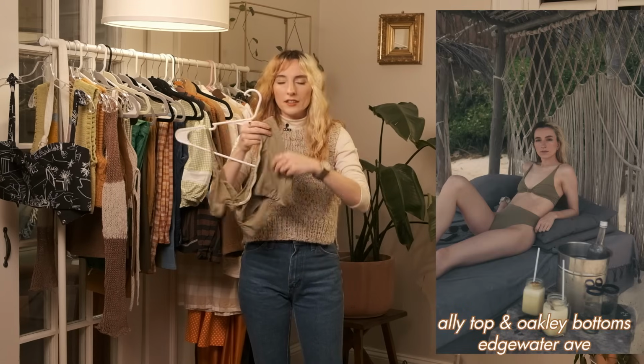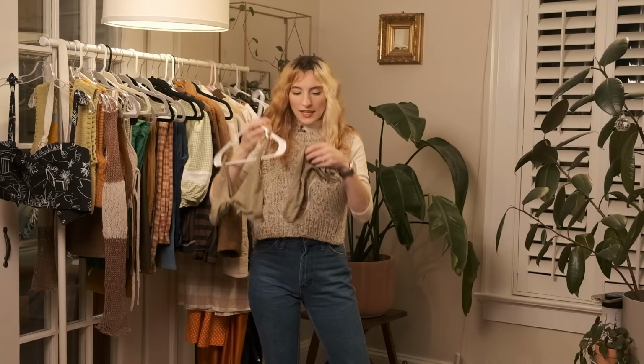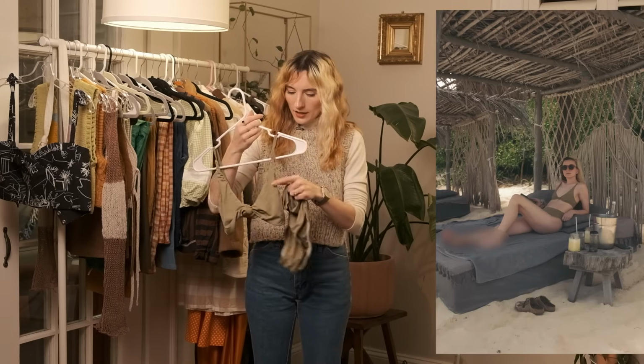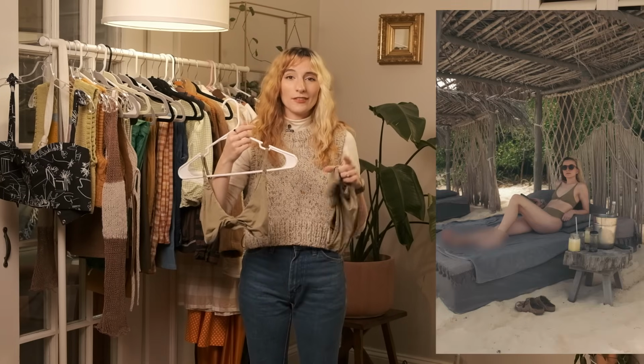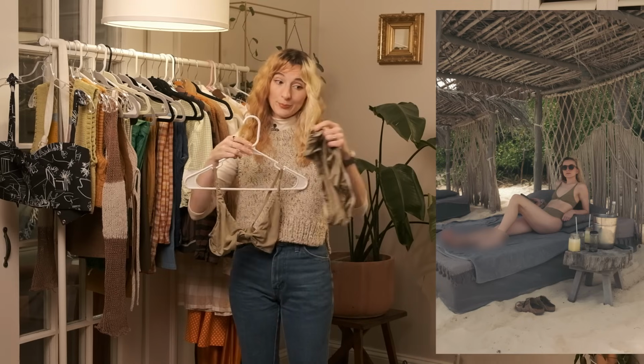After Mexico City this year, my husband and I went to Tulum, and I wanted to make a bathing suit for the first time. Made this bathing suit here. This was the Alley Top by Edgewater Rave with the Oakley bottoms, and I think it turned out really cute. For my first bathing suit, I'm really proud of it. The fabric is just a little thin, so I would definitely add some sort of lining or something,